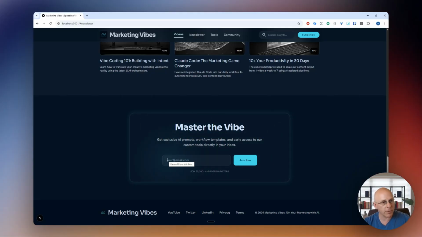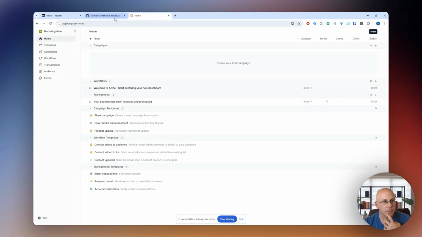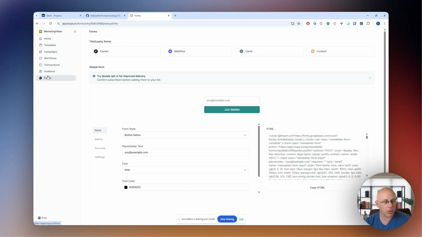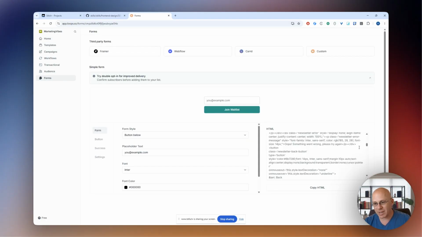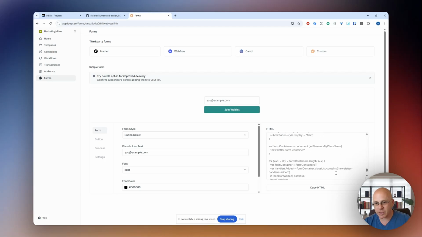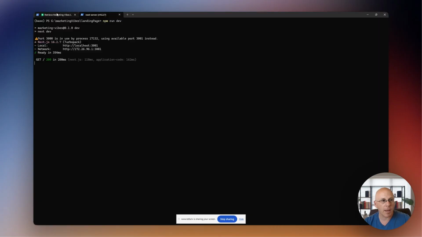So what I'm going to do is actually run Loops. This is a really nice emailing platform which you can use. It has a very cool free plan with up to 1,000 emails, I think. So I'm just going to go into the forms. I'm not going to bother to go in and actually extract the important data. I'm just going to copy all this HTML, and then I'm going to